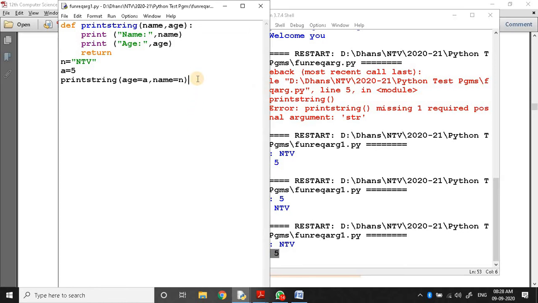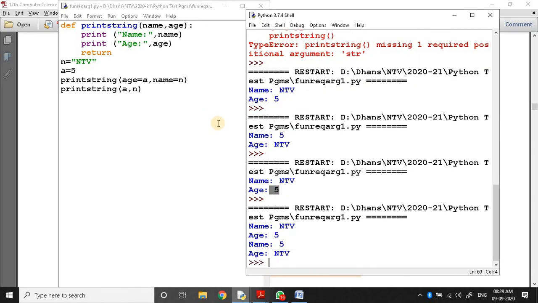The same thing, once again I call the same print string. Print string, just a comma n, what will happen? So there are two call statements: the first time one is called, then the second time this function definition is called. What will be the output? You can see the result: name NTV, age 5.